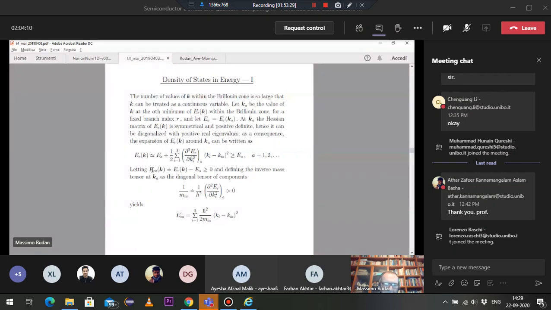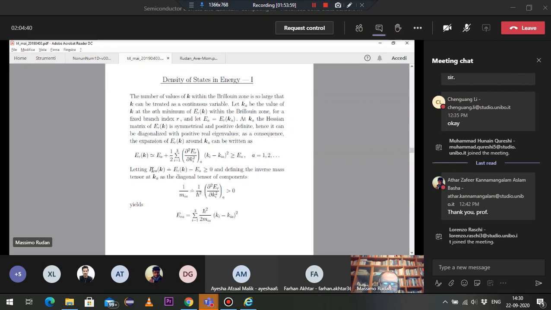So E is the index that we already encountered in the calculations that we've done a few minutes ago. A is the counter of the minimum. This quantity is non-negative. Now we have reached 11, so the completion of the calculation will be done in the next hour,